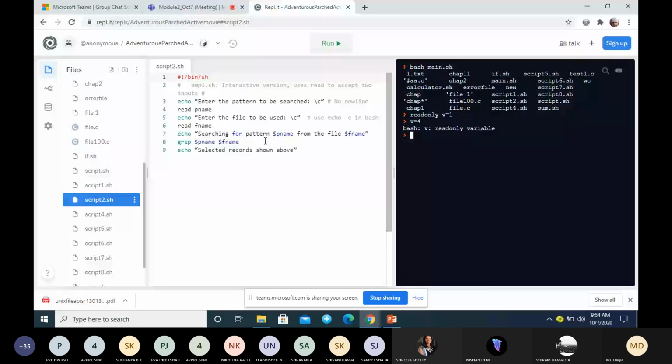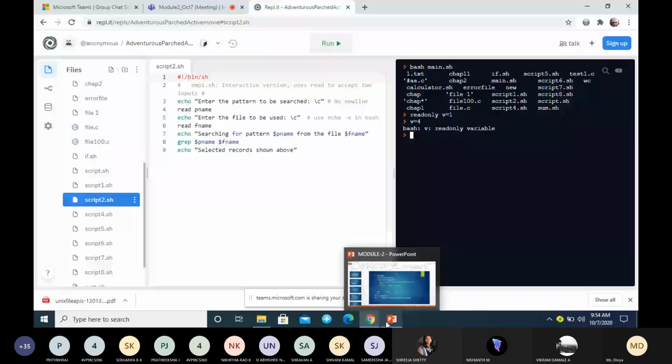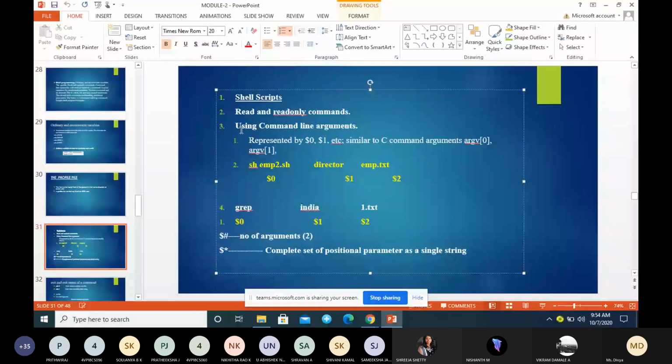So the next one is using command line arguments. The next topic we will be studying is using command line arguments. You have studied in C, correct?